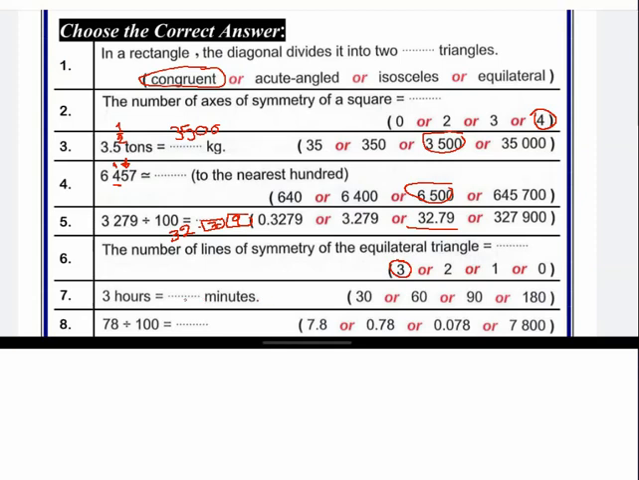Number of lines of symmetry of an equilateral triangle: 3. 3 hours equal how many minutes? From hours to minutes, times 60, like timetable 6. 6 times 3 is 18, and add 0 of 60, so it will be